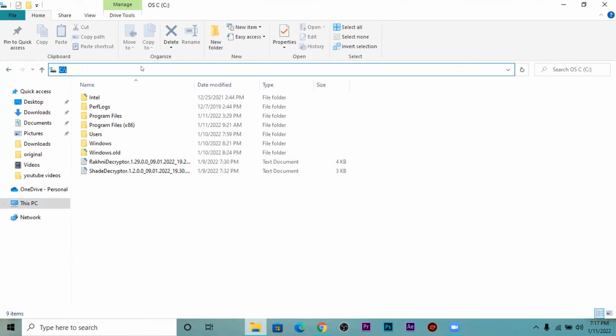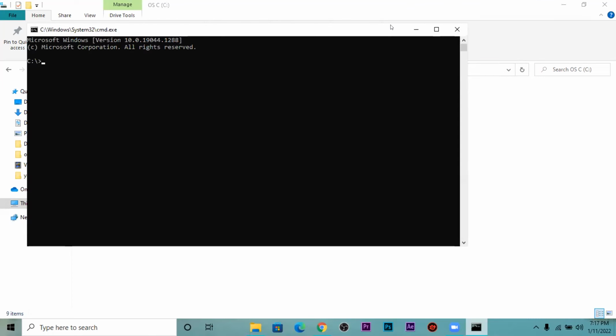This is the place, this address bar. Then type CMD. Then what will happen? Sir, we can get the command prompt. Yes, that is another way. In that way also you can see the command prompt.